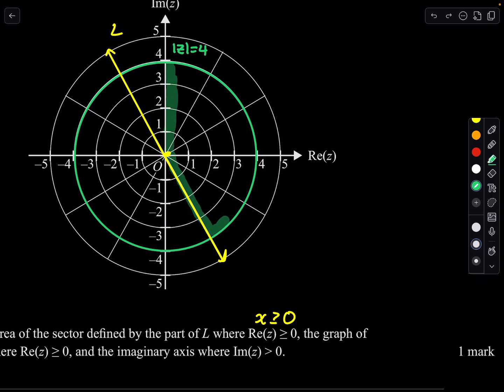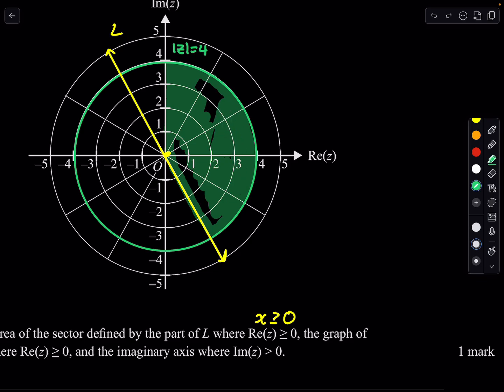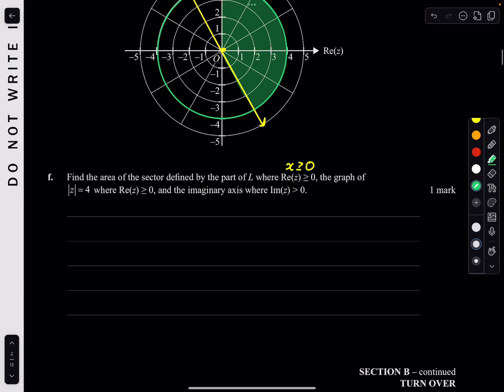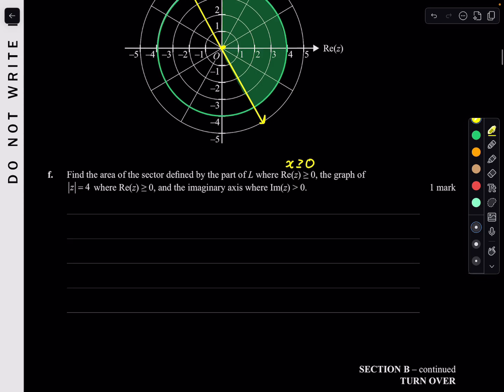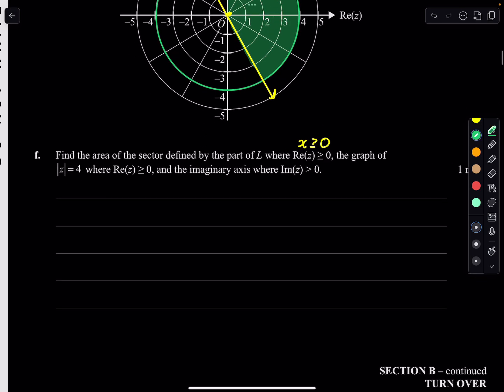So it's this one over here. Just draw this nicely. Okay, perfect. So this is our sector that we want to find the area for. So shade that region in. Perfect. So this is the sector. Now we want to find its area. So what's the area of a sector? Remember, have these all in your reference. So the area of a sector is